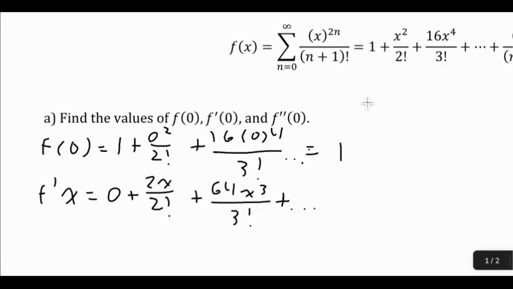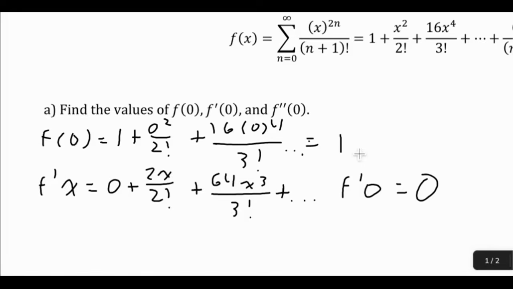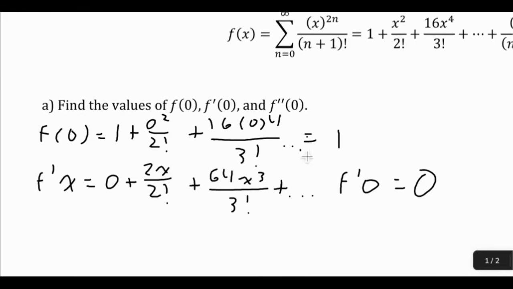And if we plug in a 0 to this, remember, this first term is 0, we plug in a 0 here, this term is going to 0 out, plug in a 0 here, this term is going to 0 out, and that's going to happen for all the subsequent x terms, and we're just going to be left with a 0. So again, pretty simple. Now we have to find f double prime of 0, and this can be done by